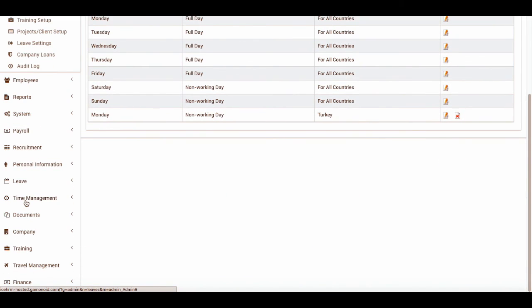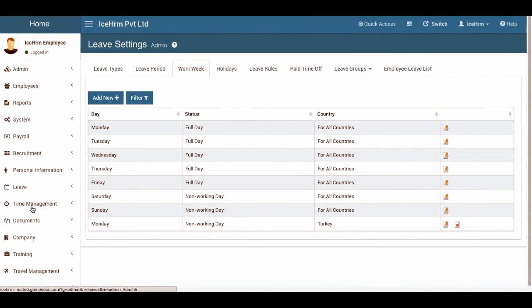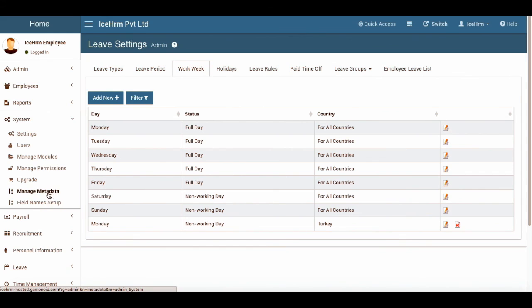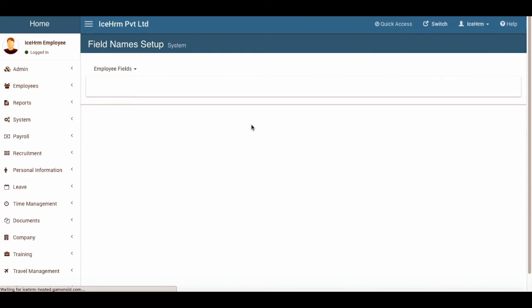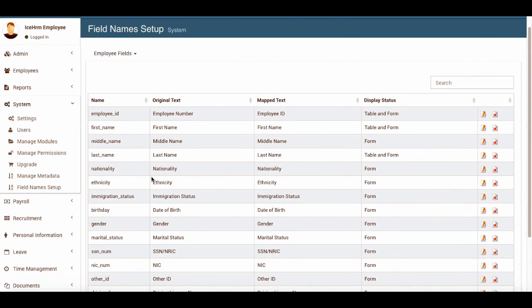Okay, now we were on system and manage metadata, and you have seen how field name setup works, and you can use this to add custom fields, and also you can change the names of existing fields under the